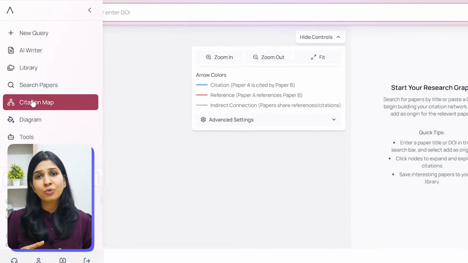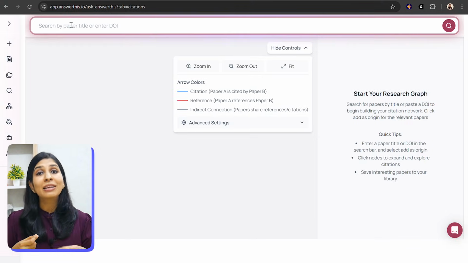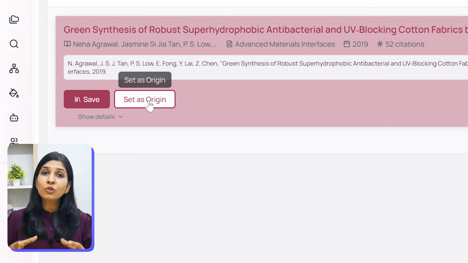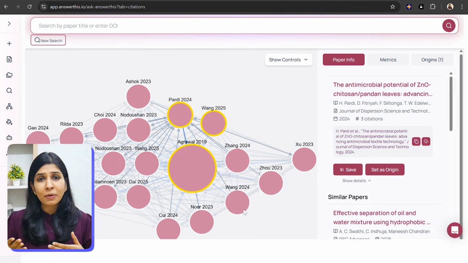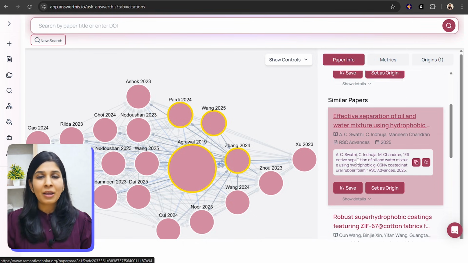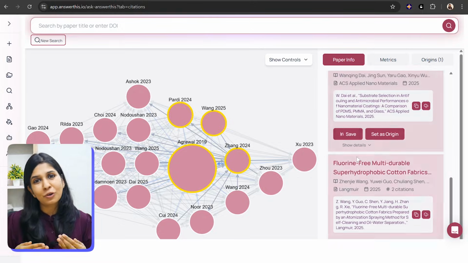Another interesting tool to use at this stage is the citation map, which allows you to find additional papers and main authors on a particular topic. So instead of going through random individual papers, with the help of citation map, you can see how different studies are connected with each other. This can be really useful when you're trying to build a background for your literature review.